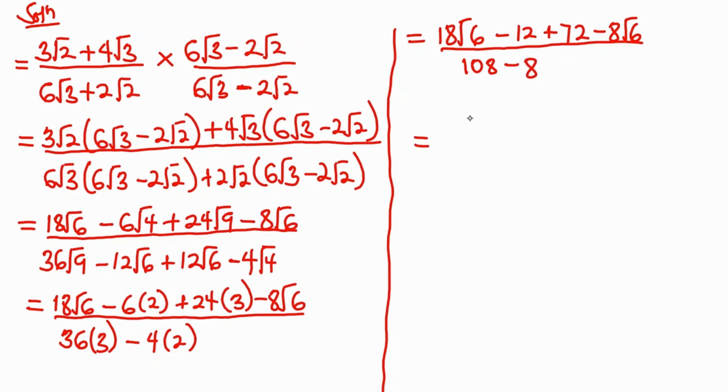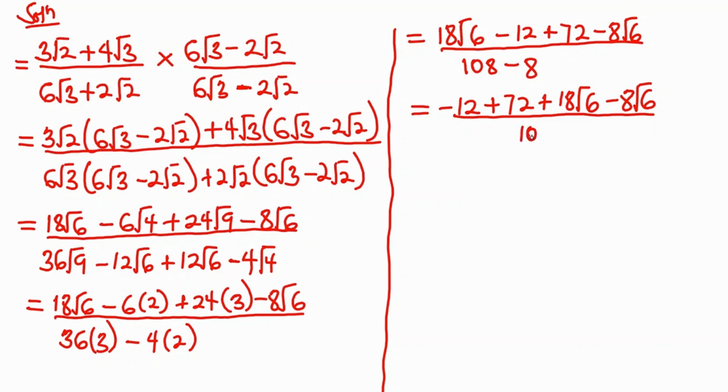Now at this point we can see like sets here, and then rational numbers. So here we group the rational numbers first, so that gives us minus 12 plus 72, and then the irrational numbers, that is plus of 18 root 6, and then minus 8 root 6. So we divide by 108 minus 8 gives us 100. So it's now equal to minus 12 plus 72 gives us 60,